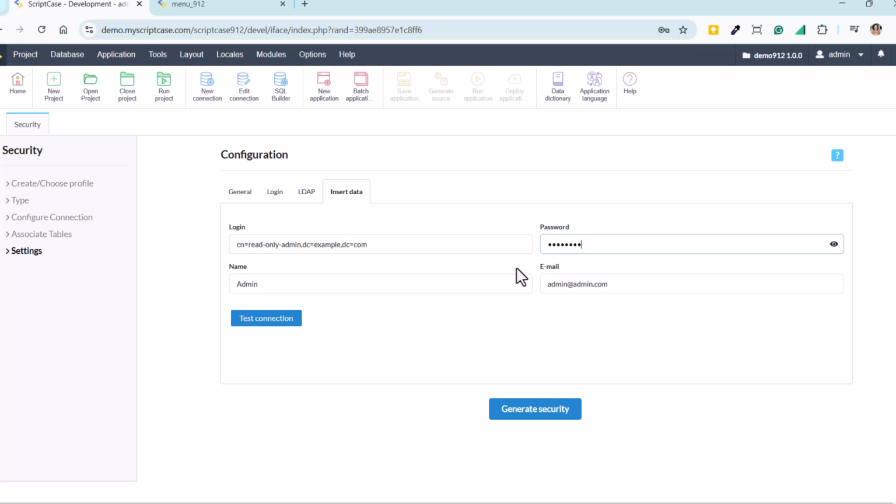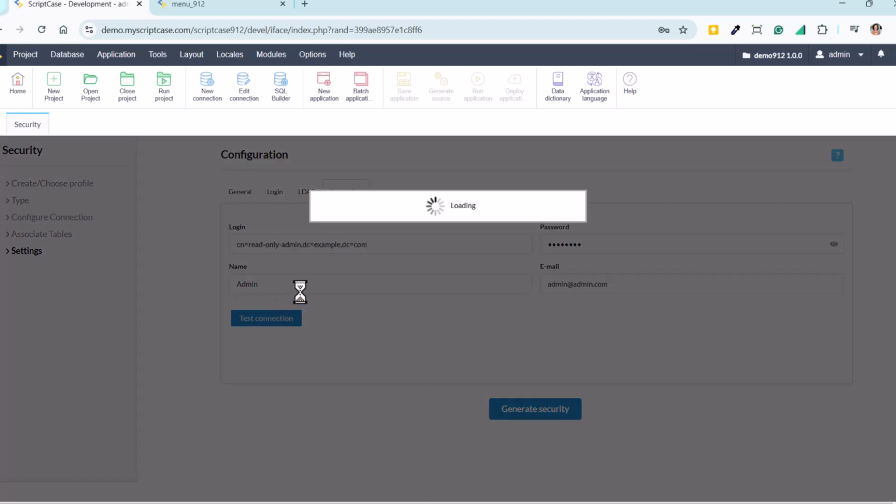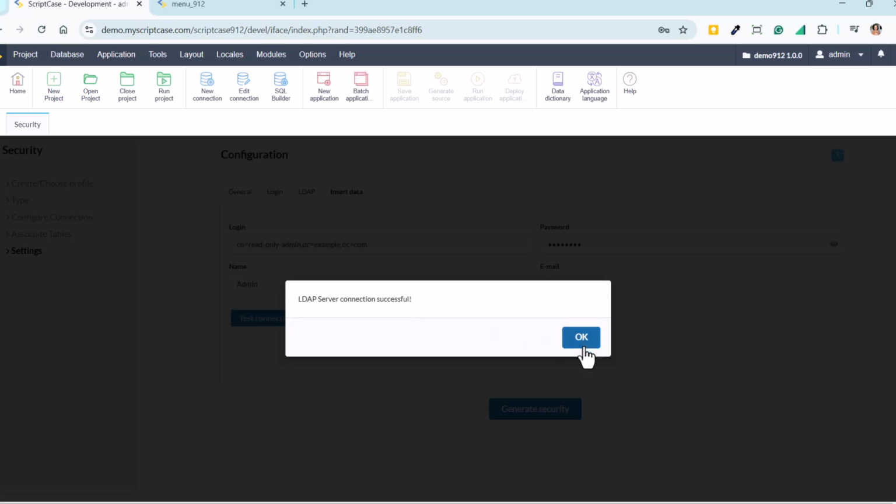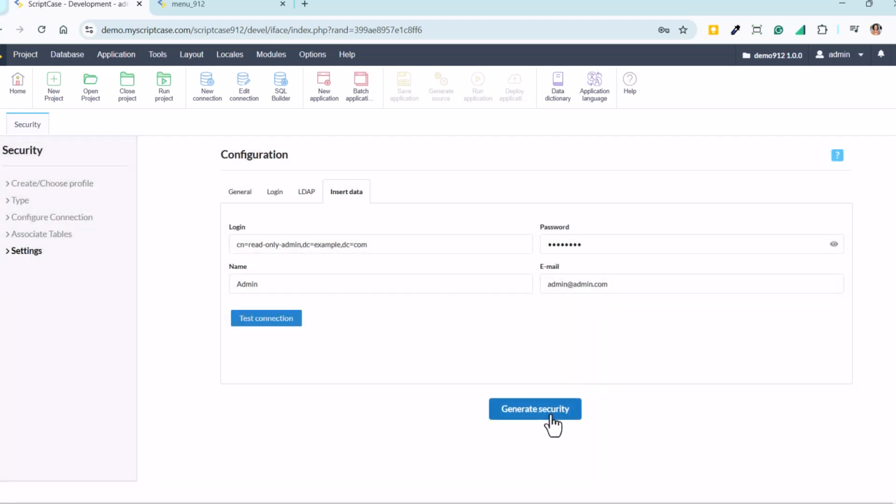Then we can test the connection. Okay, successful. And finish our security. And this way we'll be able to use the LDAP protocol to manage our security model users.